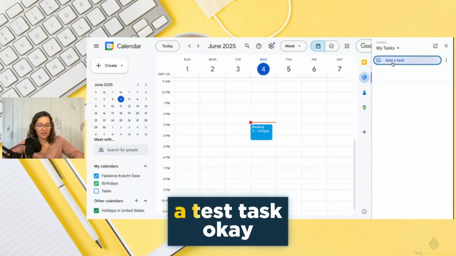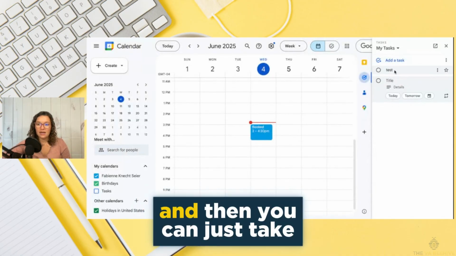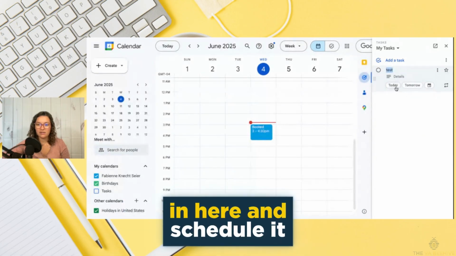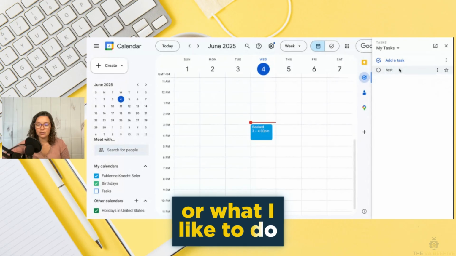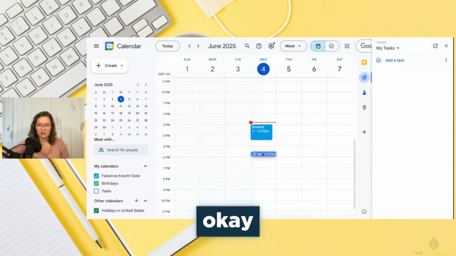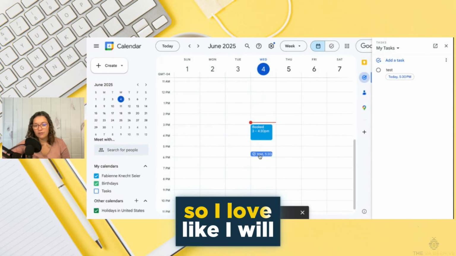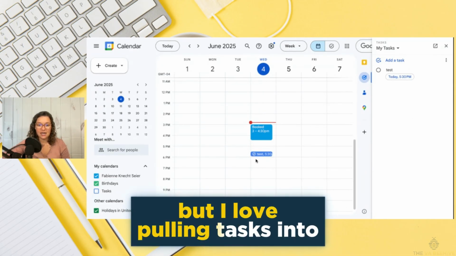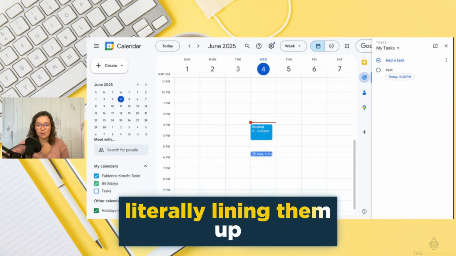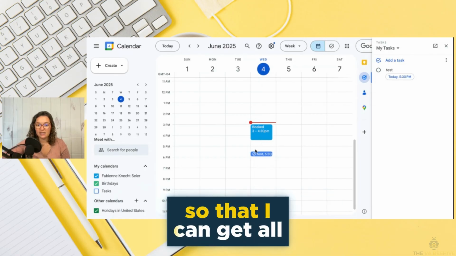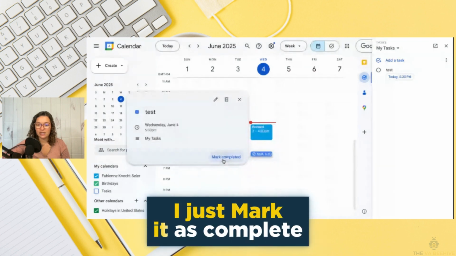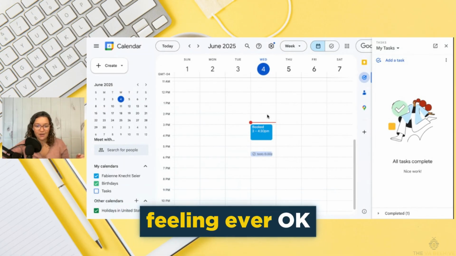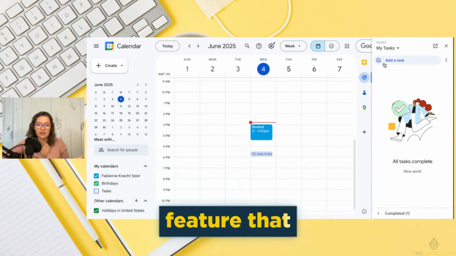So let's go ahead and add a test task. Okay. And then you can just take this task and you can either manually go in here and schedule it, or what I like to do is drag and drop this baby. Okay. I will show you guys a quick image of my actual schedule, but I love pulling tasks into my day and literally lining them up so that I can get all the tasks done. And when I'm done, I just mark it as complete and then it marks it off. And it's like the most satisfying feeling ever. Okay. So that is a really cool feature that